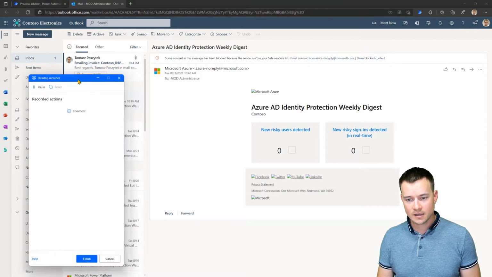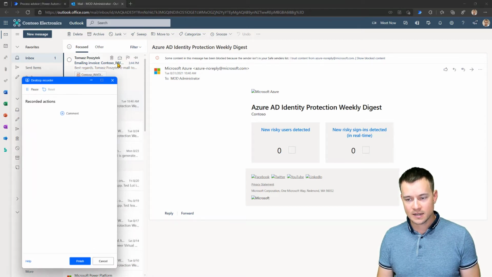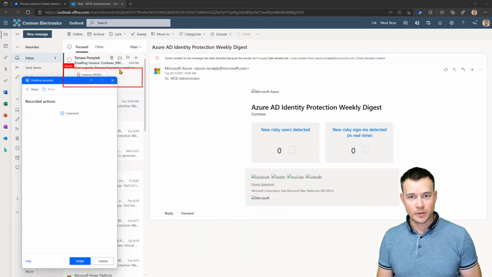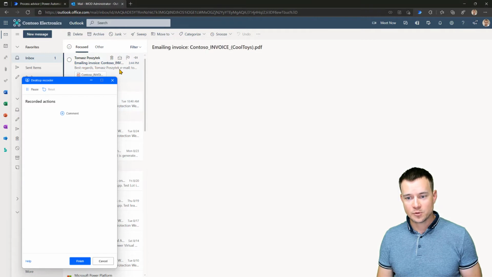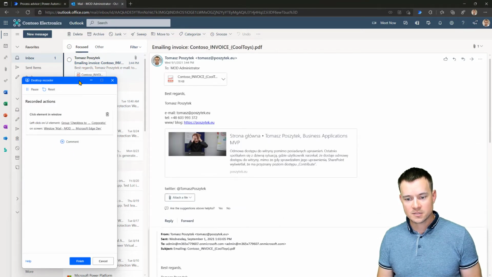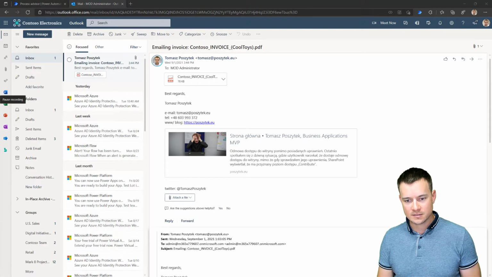So note that once I hit the record and I start to move my mouse over the interface, you can as well see those red borders that indicates that this desktop recorder is aware where I'm clicking. So it's actually able to identify what I'm doing. And then every action I'm doing is being stored here in those recorded actions. I'll just move it outside of the window so it doesn't overlay. Okay, the next step